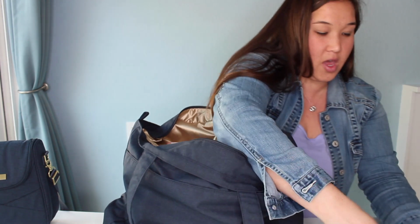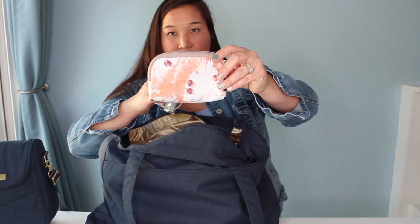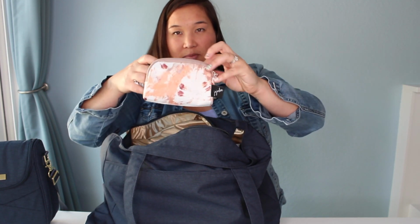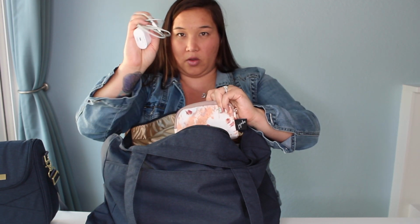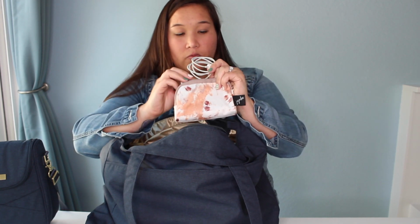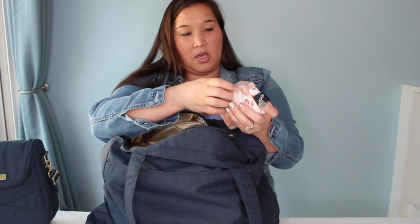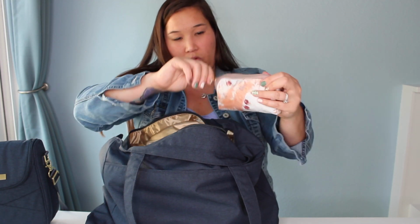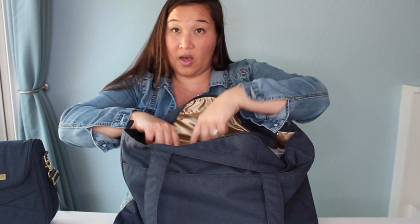All right, and then I have my small Bee set piece, also in To Die For. I love the Bee set, they're so great. So I have my fuel rod, my charge cord, and then my earphones. And that's all gonna go in that, get zipped up, and that's gonna go next to the other Bee set